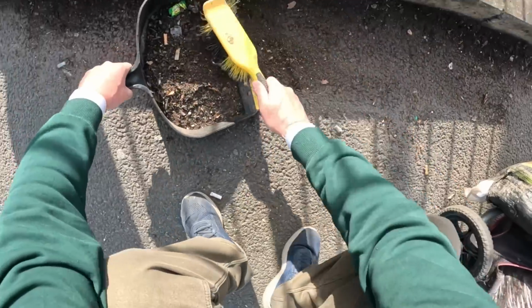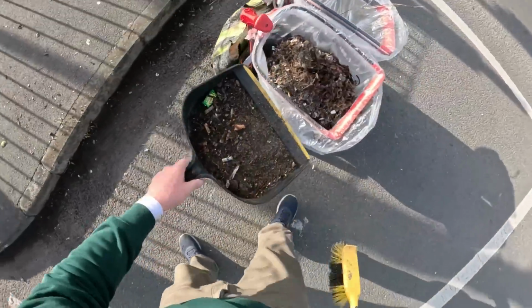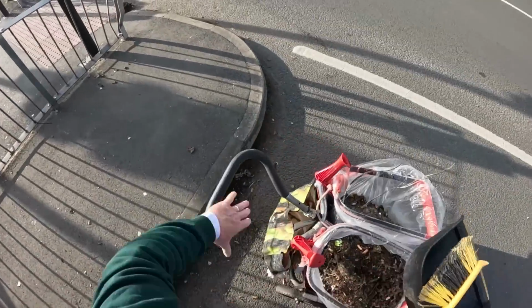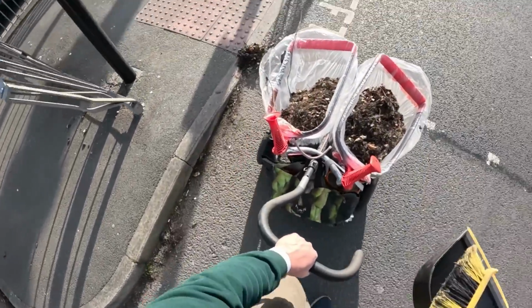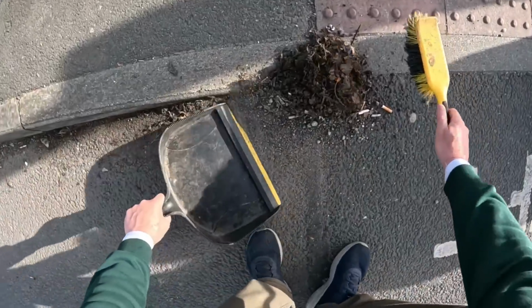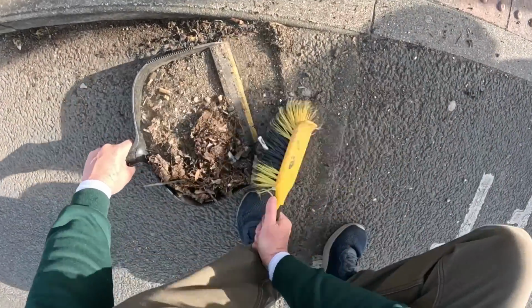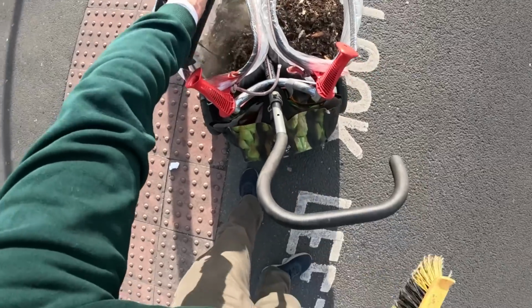As I said, I've not got every bit. I've probably got 90% of it though. And that has made a massive difference to how they look. Absolute massive difference. I've got to say, I'm half pleased with myself for doing this. So what I'm going to do, guys, is just pick up these last couple of piles. Then I'm going to do a little bit of litter picking, and then I'll show you